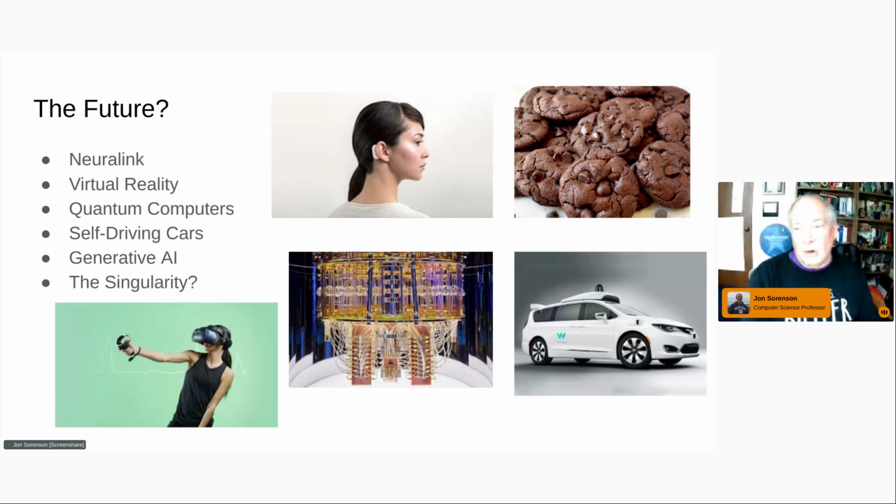Self-driving cars are coming. Do we have AI good enough to navigate a car? I have an uncle who's not good enough to navigate a car, but I guess that's a different question. But yeah, do we trust AI to drive cars? They're not perfect. I think we've got some learning to do, but I just saw an article saying that Waymo was going to expand to Las Vegas and several other cities for self-driving taxis. Generative AI has been a big deal the last couple of years. That's been taking over industry and commerce and so forth. I think the hype is bigger than the reality, but the reality is there's something going on. So that's kind of interesting.